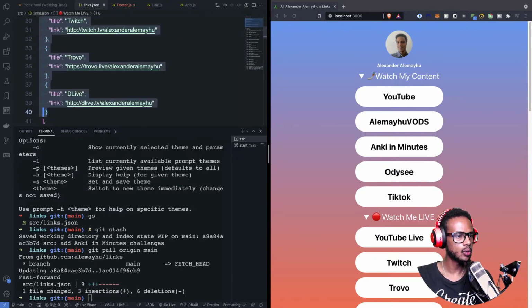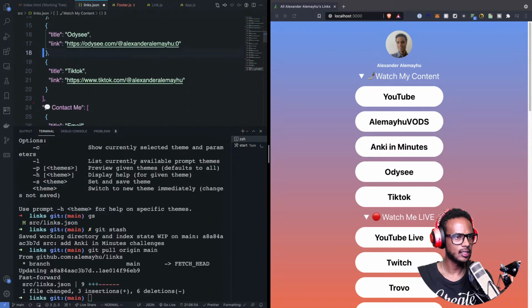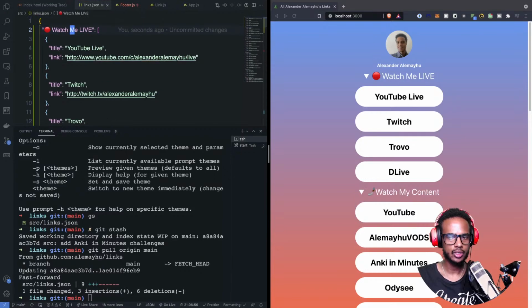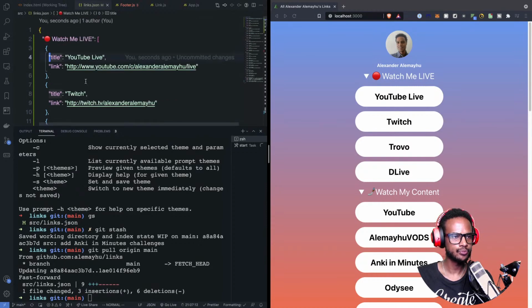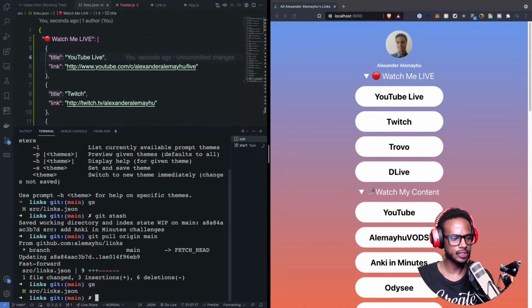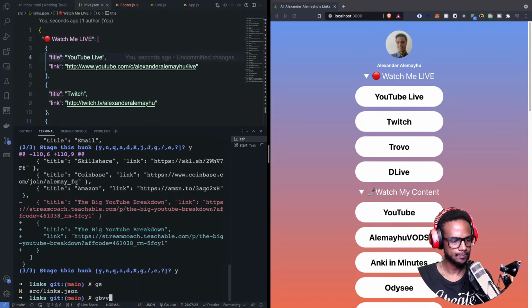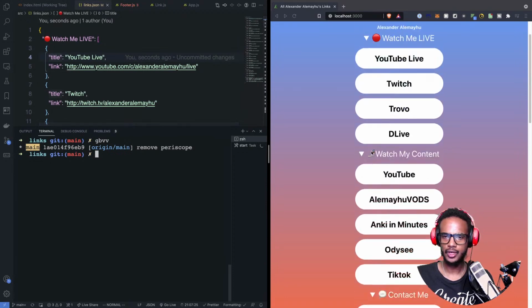We want to take this whole array and then just move it. So the way the page is structured is it's using a JSON file here to figure out which links to show. YouTube. Watch me live. YouTube live, Twitch. That one is fine. Maybe I should change this object thing. I'll change that one. I also want to add some more links, but